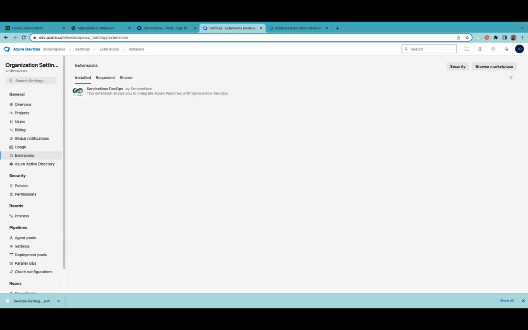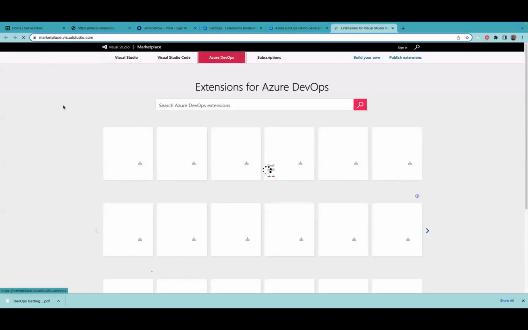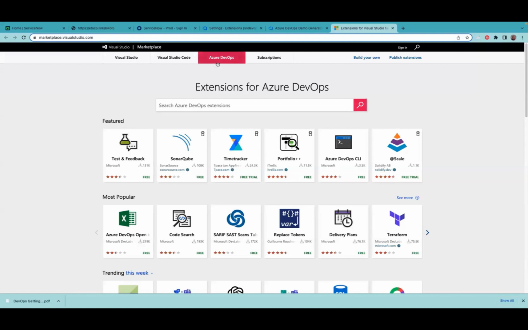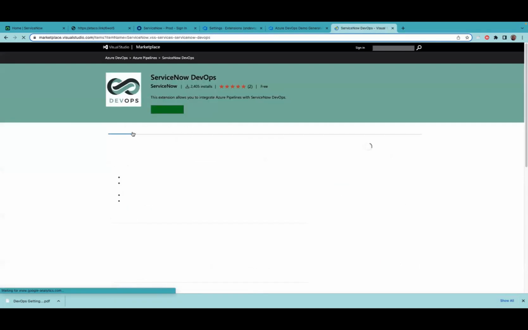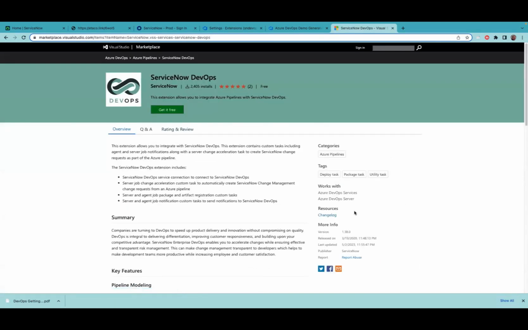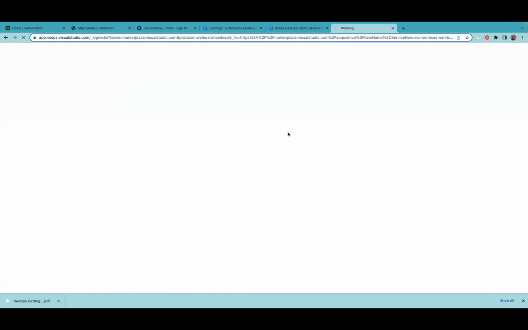And that's in this link here. I'm just going to cut and paste it from, there we go. So you're going to find under the Azure DevOps in the marketplace, you're going to find the ServiceNow extension. You just do a search for ServiceNow, and it's going to be the first one here. And the latest one is 1.38.0. And if you click on Get It Free, it'll allow you to choose which